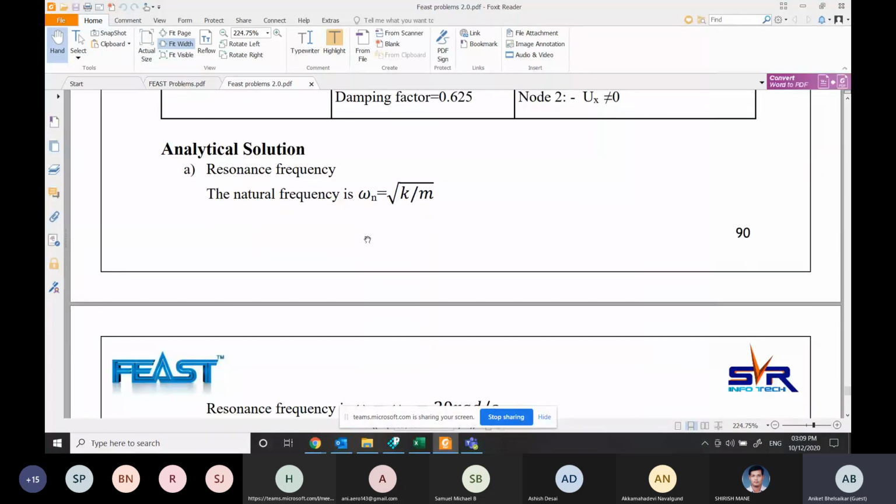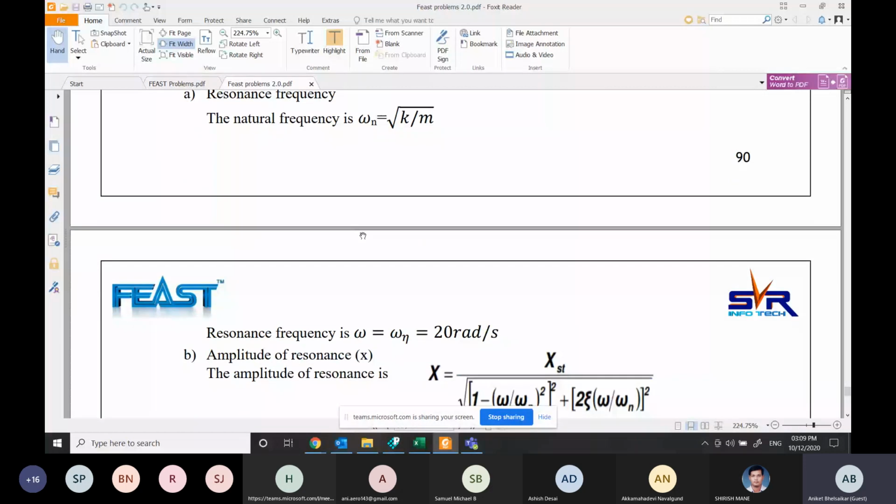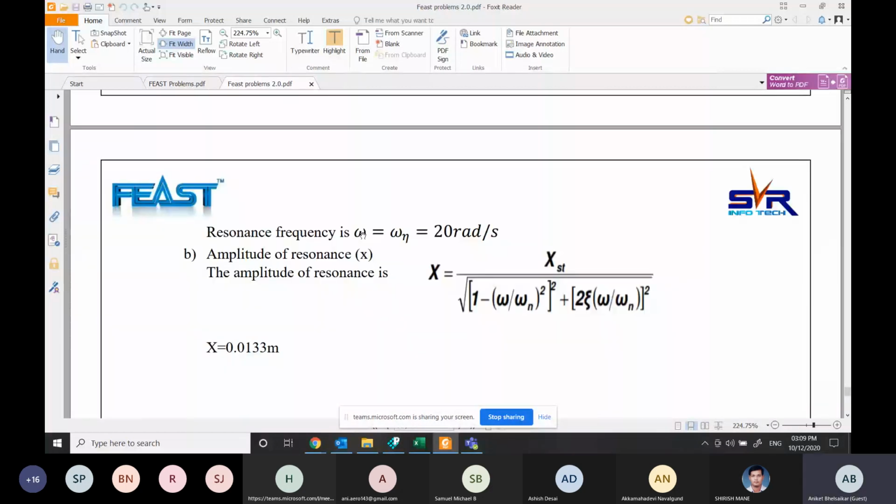This is a simple textbook problem where we generally calculate the natural frequency, and based on that we can find out the amplitude at resonance. To calculate the value of amplitude at the resonance, we have a general formula, that is the static deflection divided by root of (1 minus r square) whole square plus (2 zeta r) square.